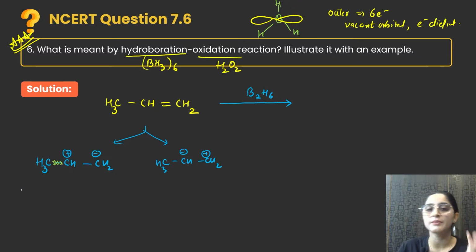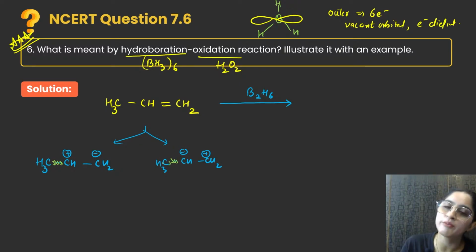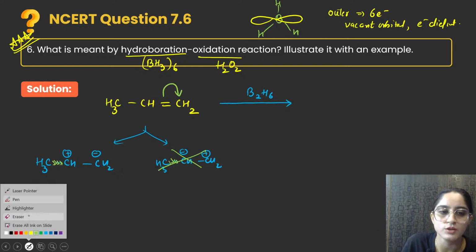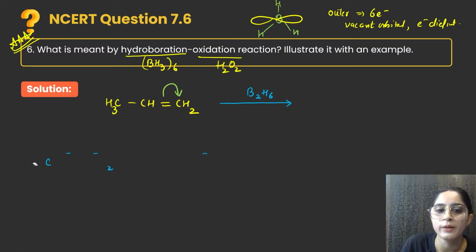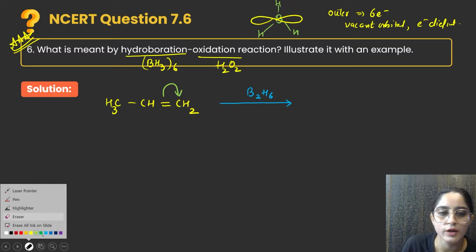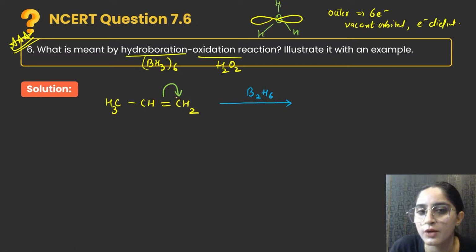Plus I means it is donating the electron. So in organic chemistry any compound wants to be neutral. If you have a positive, you are giving it negative, it will be very happy that okay, I'm now negative, I'm getting the electrons. Here you already have a negative, you're giving more electrons. So it will become unstable. It doesn't need more and more charge, it needs less charge, and it wants neutrality. So we will cancel this out, and that means the electrons are going to jump here. That is based on GOC, beta.